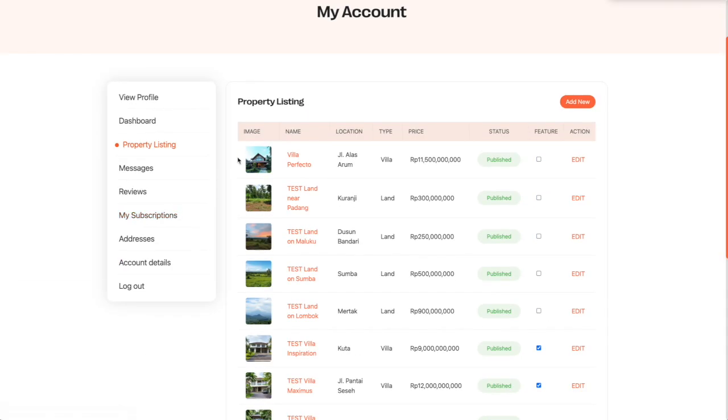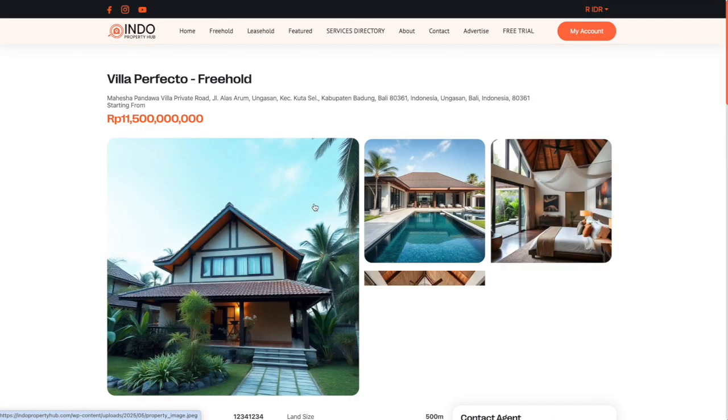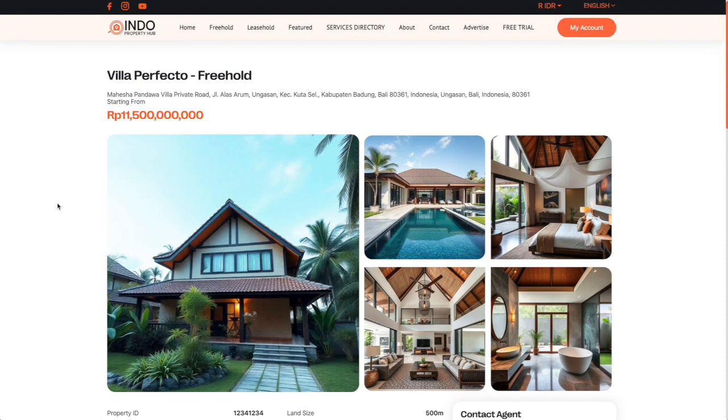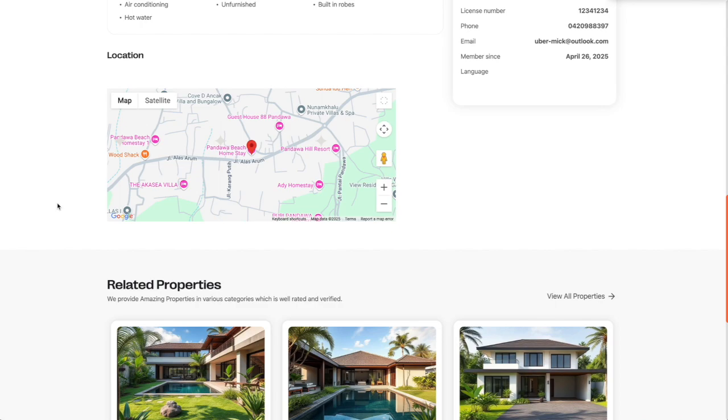The property will appear in your Property Listing tab back in your account backend. Click on the property name to view the listing in Customer View. And if adjustments are needed, simply click Edit back in the Properties Listing section. Super easy,